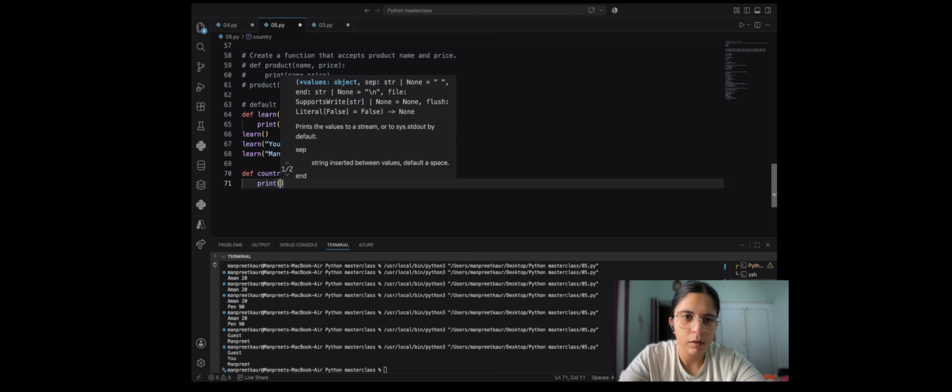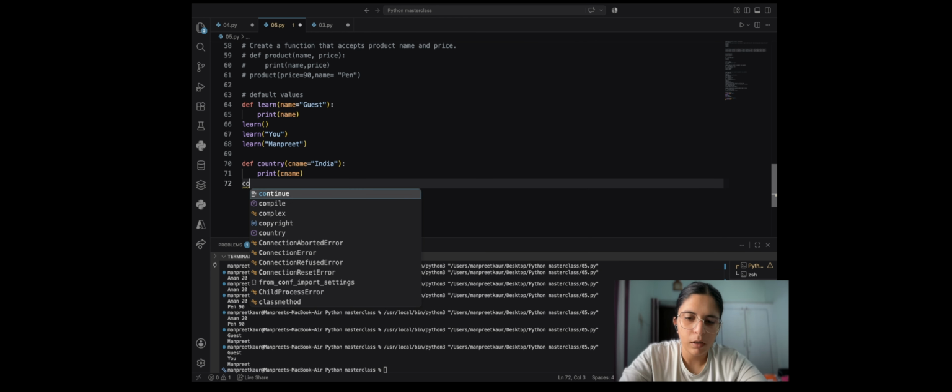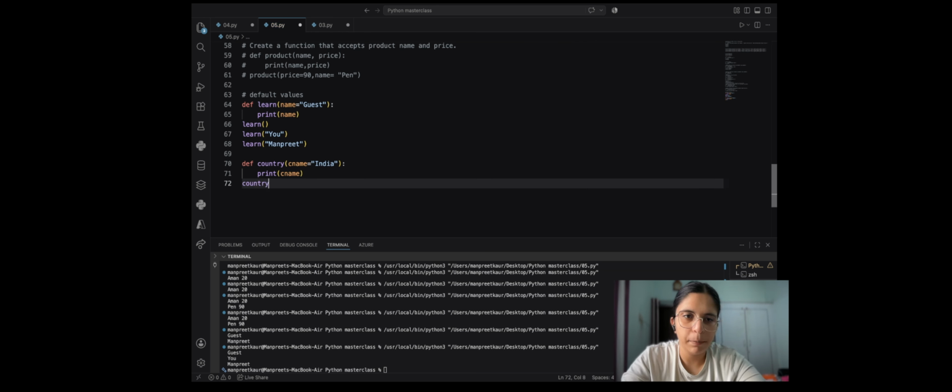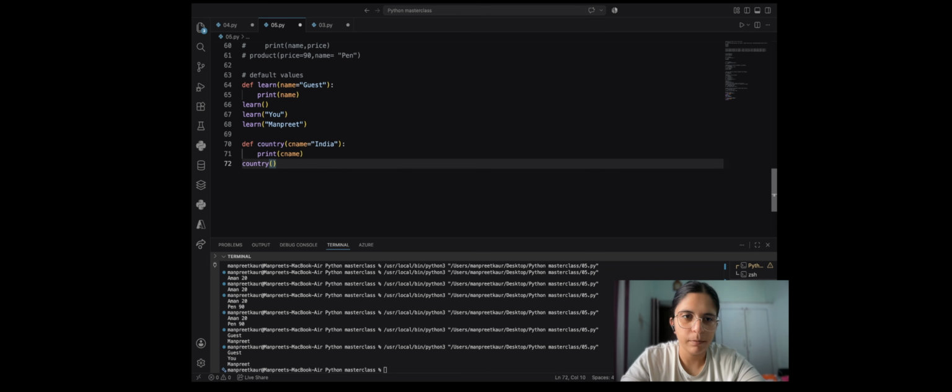Print name, country name. If I didn't pass any argument, then it will give you the name of the country India.